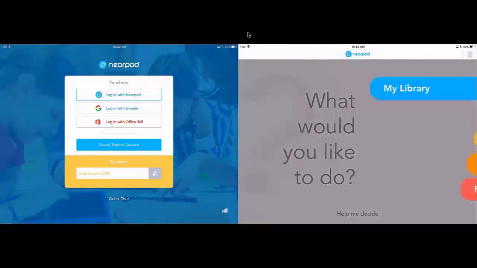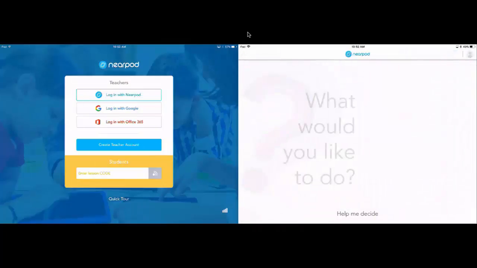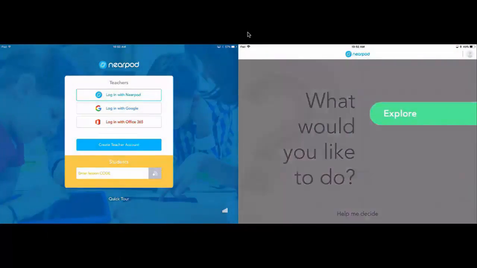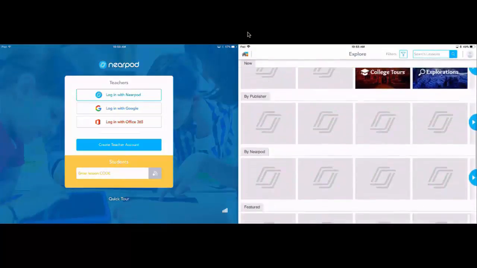So I'm going to look at my library, and there's a lot of paid content in Nearpod, but you can do some smaller things that are free. I'm going to pull from something that somebody else has developed, and that's the great thing, you can pull what other people have developed as you explore. If I go to the Explore feature, I can look at other people's lessons, and let me just pull one. I'm going to grab a random lesson here.